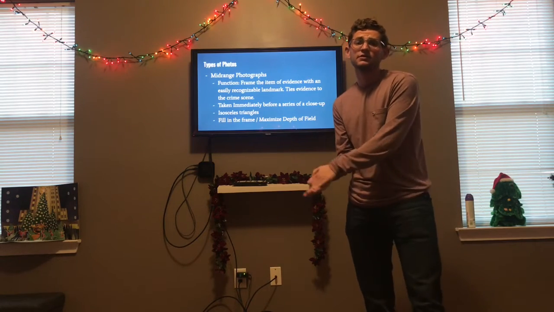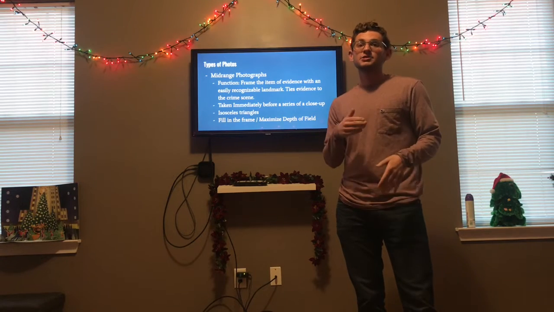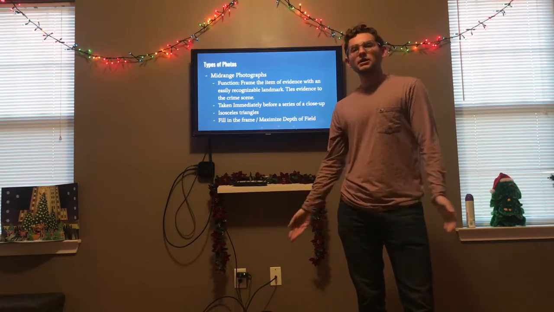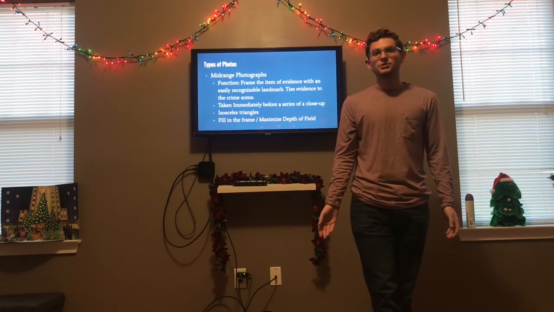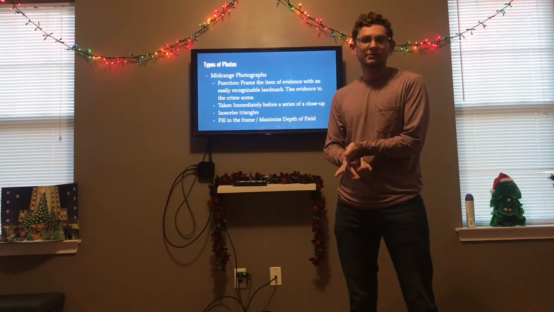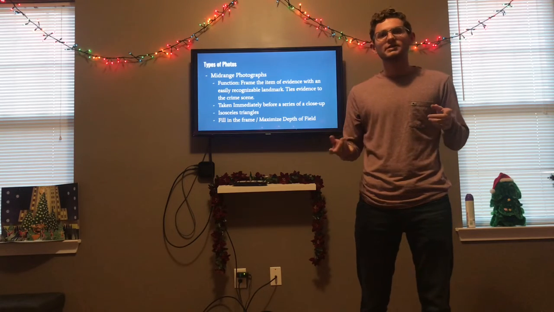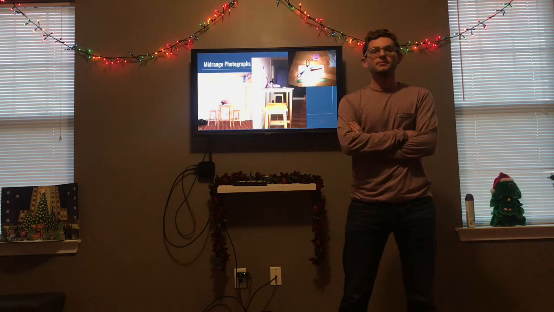And it's important to use film plane parallel for these also. You're at a nice 90-degree angle. Make sure that your pictures come out well developed. And with crime scene photography, it's important that if you're an investigator and you're taking pictures, it's your job to never delete evidence because that's illegal. You can't do that. And if a picture doesn't come out good, you look at the picture, take another picture. Alright, so here are just some examples on this slide of what some mid-range photos are,